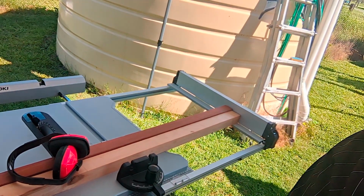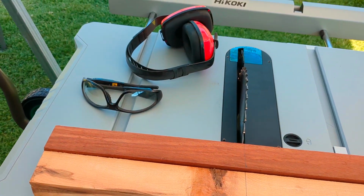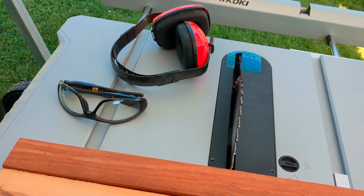Today I'm going to be using my nifty little table saw. I'm going to make some mobile phone holders out of some Western Australian Jarrah and some American hard maple. Let's get to it. Now, as always, when using a table saw or any other power equipment, make sure you